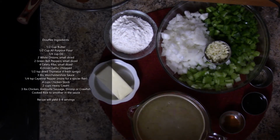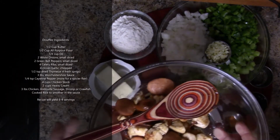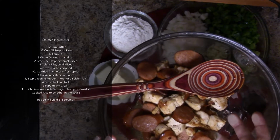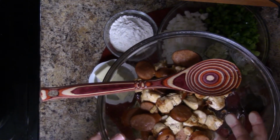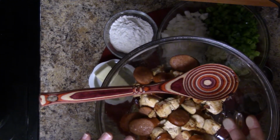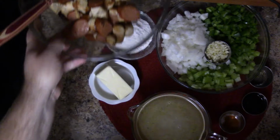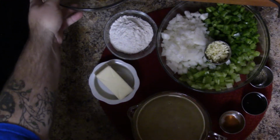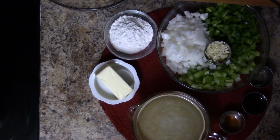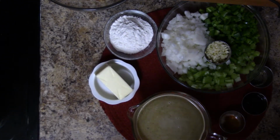And I really love crawfish. It was hard to find, but I went ahead and grabbed 1 pound of chicken breast. I diced and sauteed it off already, and 1.5 pounds of andouille sausage, spicy, because I do like spicy, and étouffée is made to push the limits of red pepper spice. So now that I have my mise en place all together, ready to go, we're going to go ahead and